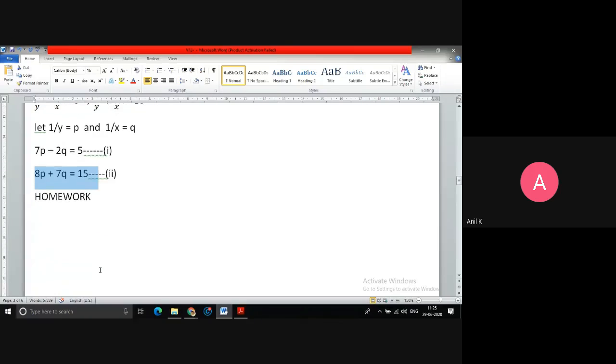So again, we are solving the equations. From now onwards, I'm going to leave the solving of questions as homework, so it will become a revision for you and you will remember it. Can you solve these equations 1 and 2? Here none of the coefficients are the same. You can eliminate p or you can eliminate q. If I want to eliminate q, any guess what should be multiplied with equation 1 and what with equation 2?